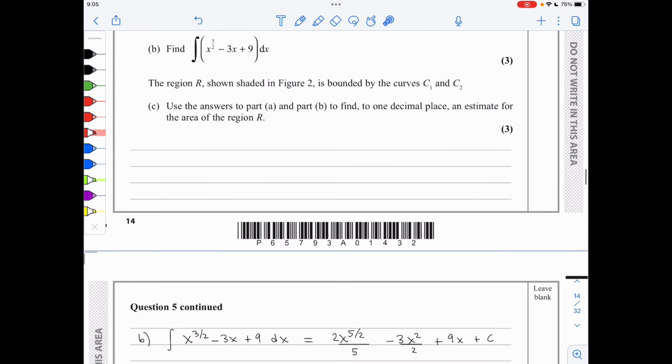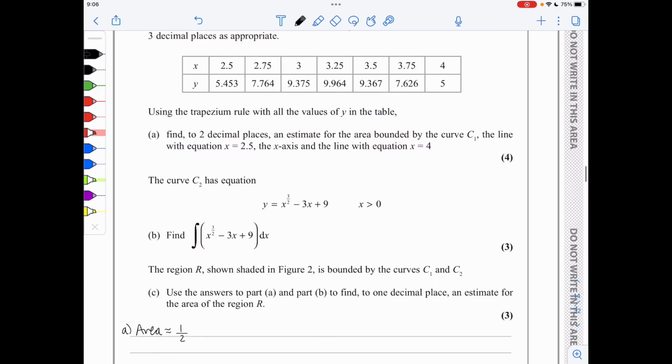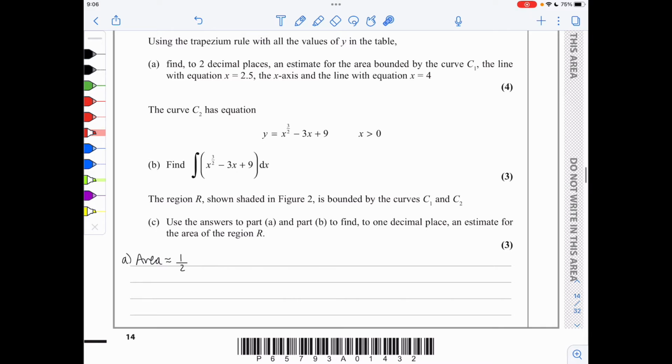We know that the trapezium rule is actually given in the formula booklet. So the area in part A will be approximately a half times the height of the trapezia, which is the difference between two consecutive values of x. In our case, it's 0.25. And then it's the first and the last y value once. So in our case, it's going to be 5.453 + 5, and all intermediate values twice, so 2 times